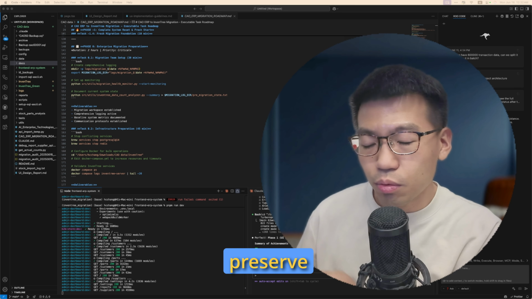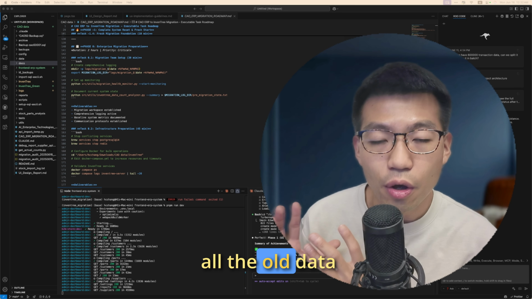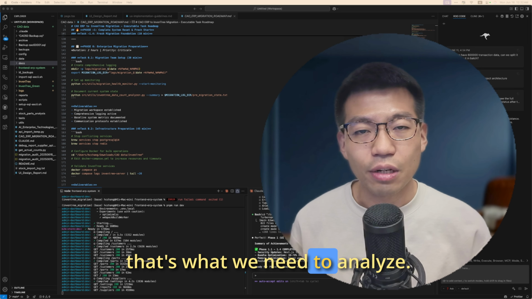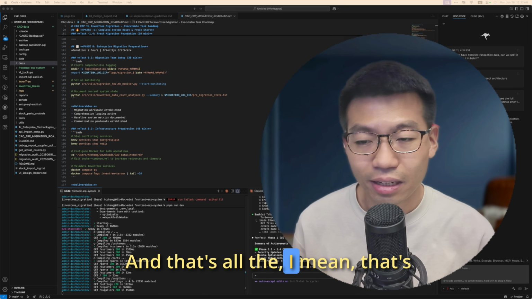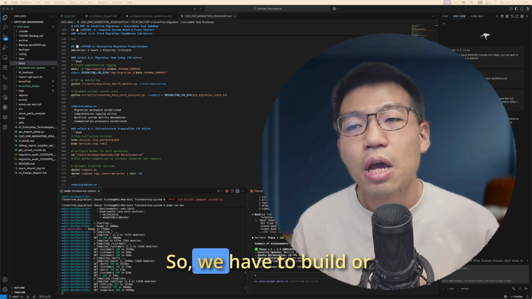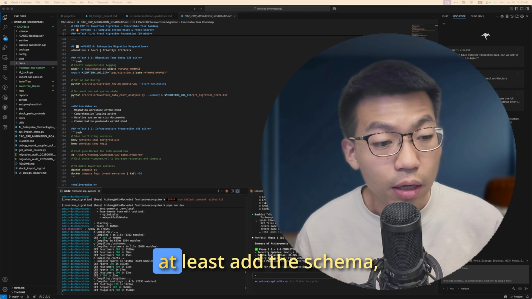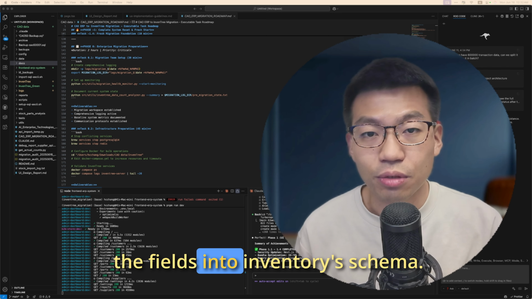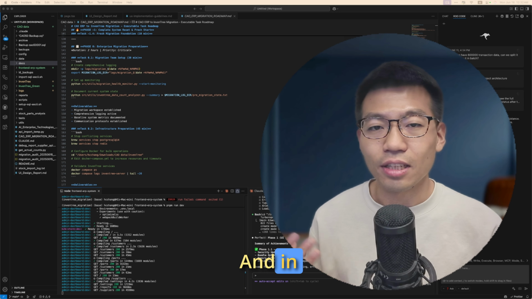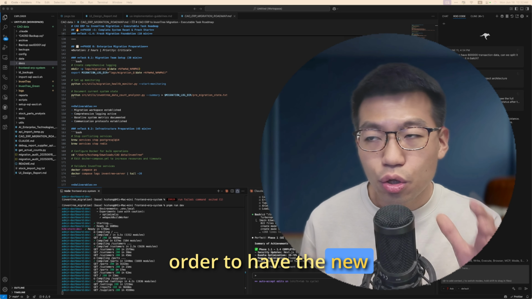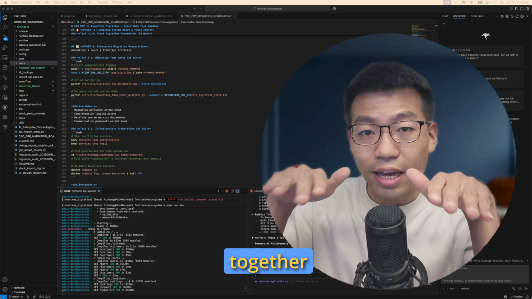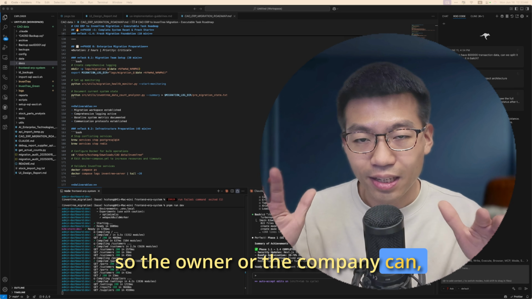My goal was to preserve all the old data with all the schema, everything, because that's what we need to analyze, and that's the meaningful data over there. And InvenTree doesn't have the schema, so we have to build or at least add the schema fields into InvenTree's schema, and in order to have the new system with the old system simultaneously working together, so the owner or the company